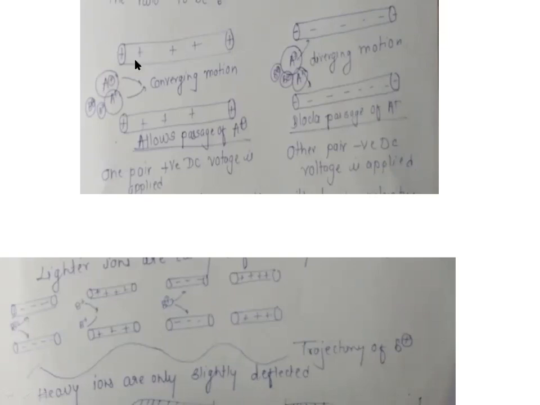Now, across this pair, you can imagine if we pass the ions which are positively charged, naturally these will be repelled by the positively charged rods, and there will be a converging motion, meaning they will try to maintain their trajectory or path to the center of those rods. While if we take the other pair, in this case we have applied a negative potential, so naturally those ions will be attracted by those rods, and there will be a diverging motion, away from the center.